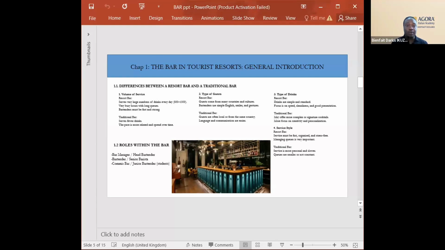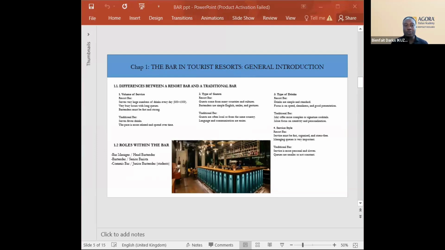So when we say a resort bar, it's not a tourist bar, to be honest. Some people confuse them, but they're totally different, because in the resort bar, we really serve a high volume of drinks, and we have to be so fast and precise. You have to make fewer mistakes. You have to be punctual. You have to maintain the hygiene, the aesthetic, and the safety. And you even have to work as a team, mostly in resort bars, because we do have a long line of people waiting and making a lot of orders. So we need to be fast. So the first difference is the volume.